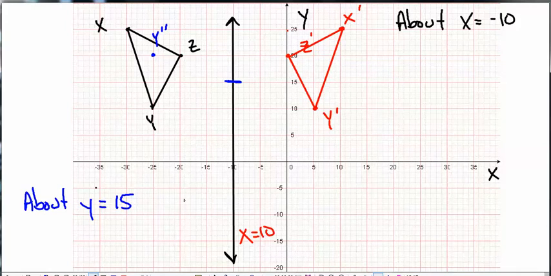Double prime. We've already got a Y prime. If Z is 5 units above your line of reflection, it's got to now be 5 below it. Okay, so there's your Z double prime. And if X is 5, 10 units above your line of reflection, X double prime has to be 5, 10 units below the line of reflection. Alright, and if you connect that,